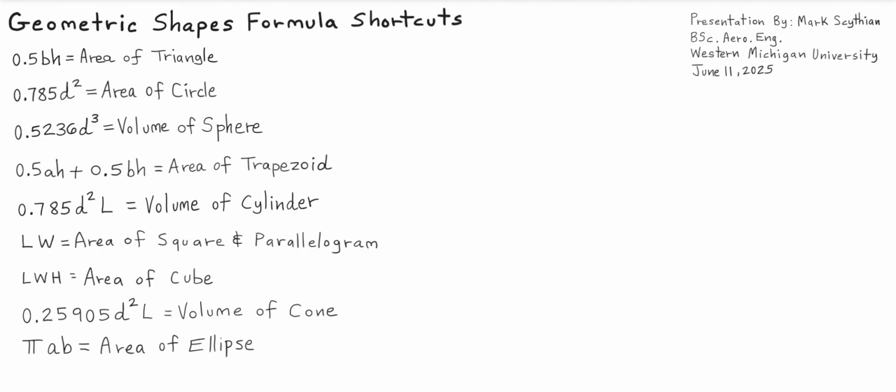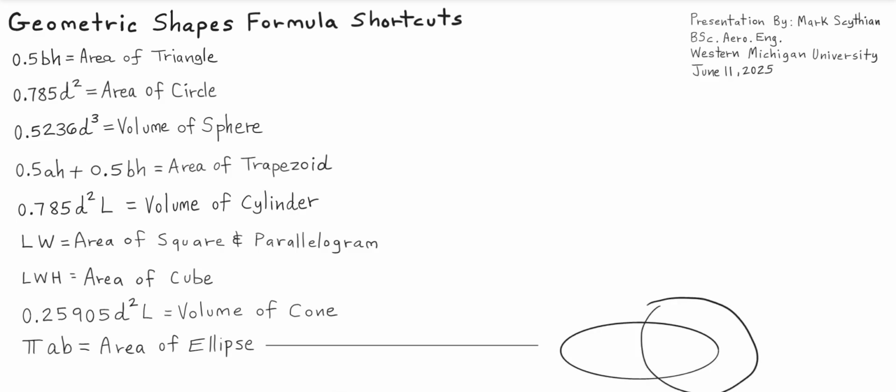So this presentation is going to focus on geometric shapes, formula shortcuts. Instead of having too many components, we can consolidate the components, the constants in a given equation, and then work with the variables. So for example, if you're dealing with the area of an ellipse, we would first bisect the